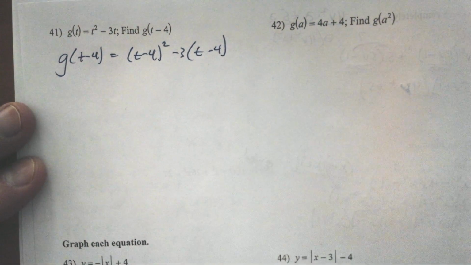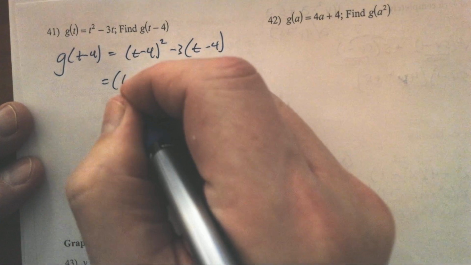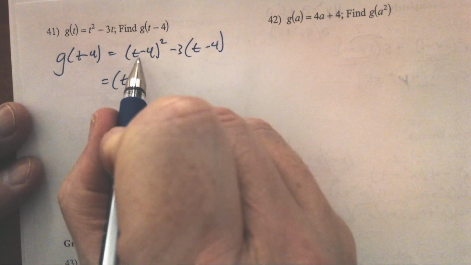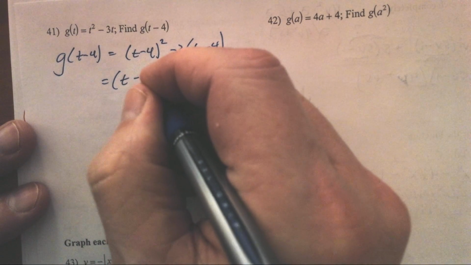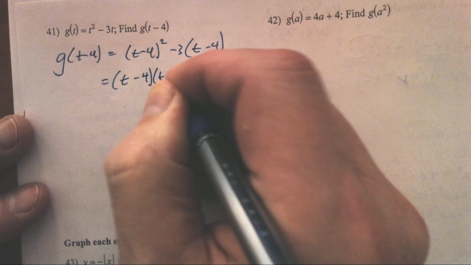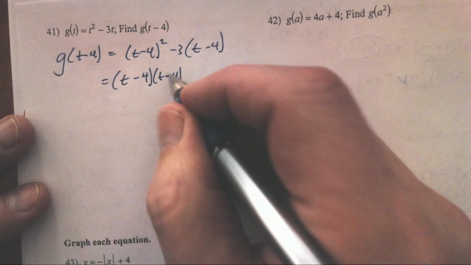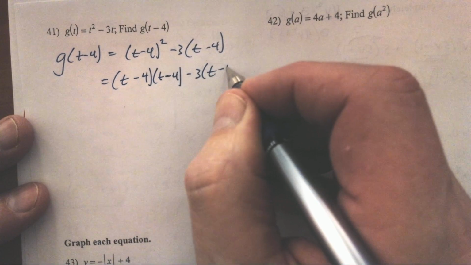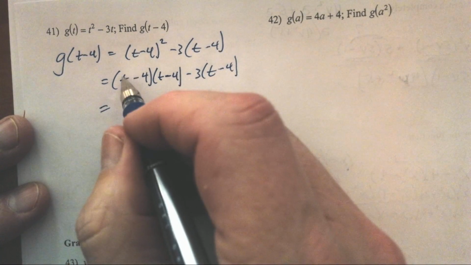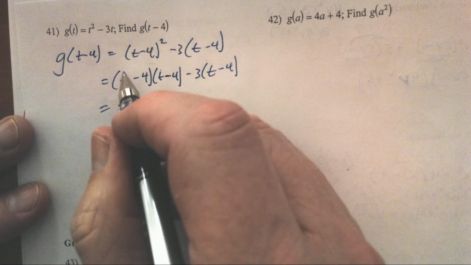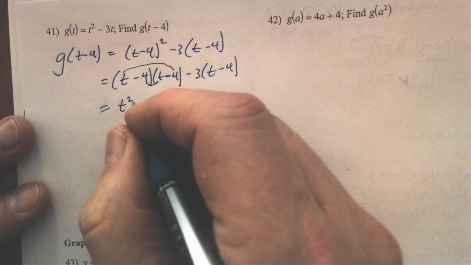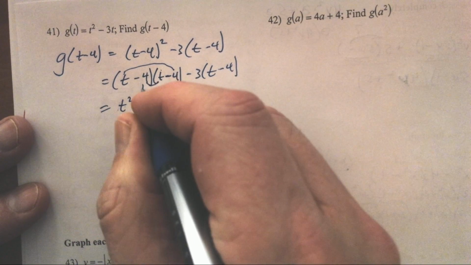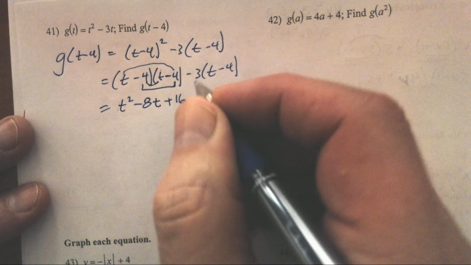And we should simplify that. Maybe I should write this out because I think a common mistake here would be, oh, well, this is t squared plus 16. Let's see. t minus 4 times t minus 4 minus 3 times t minus 4. So that's t squared. Outsides, I get a minus 4t. Insides, I get a minus 4t, minus 8t. And I get a plus 16